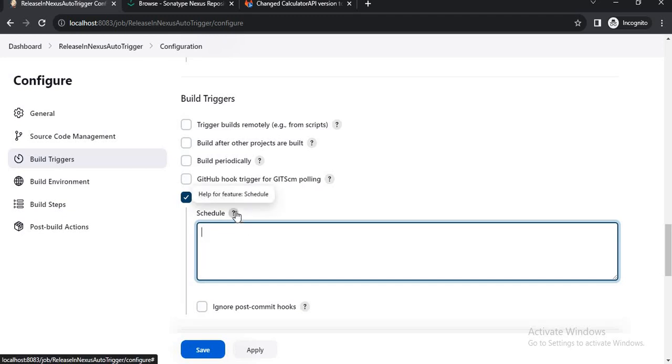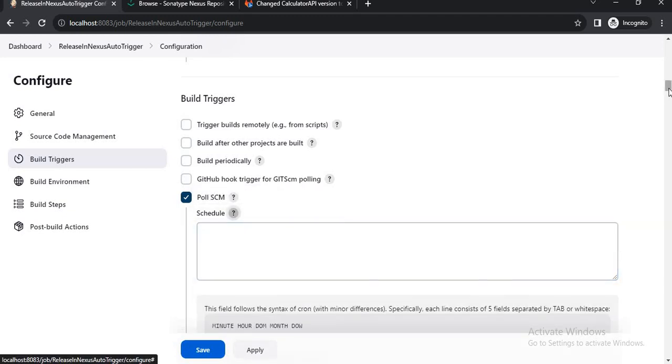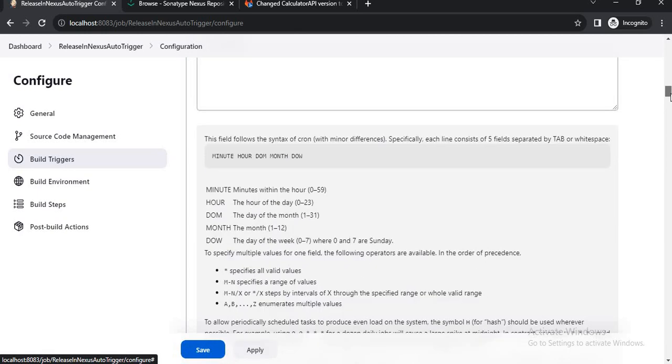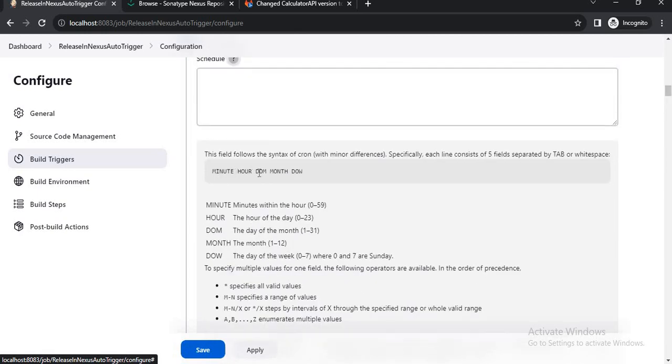If you check the help here, this is the format we need to define our schedule in: minute, hour, day of month, month, and day of week.